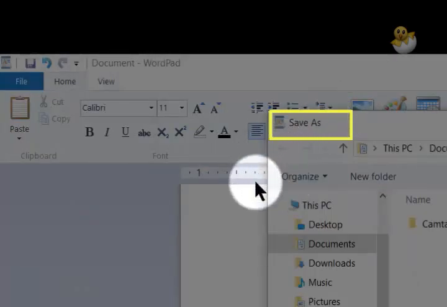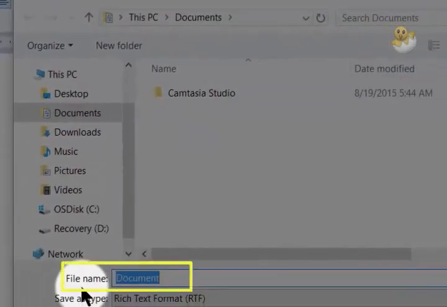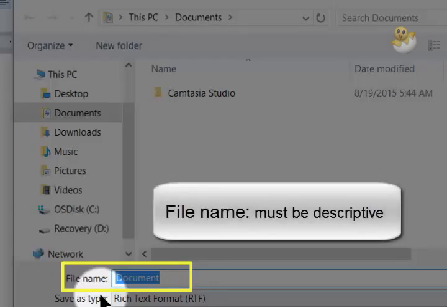It's a dialog box. Very bottom here, it says File name. Already the computer picked the name, Document. So definitely you don't want that name, but we can type our new name. The name of the file must be descriptive. In other words, if 2 months later, 2 years later, you look at the file name, you can recognize the